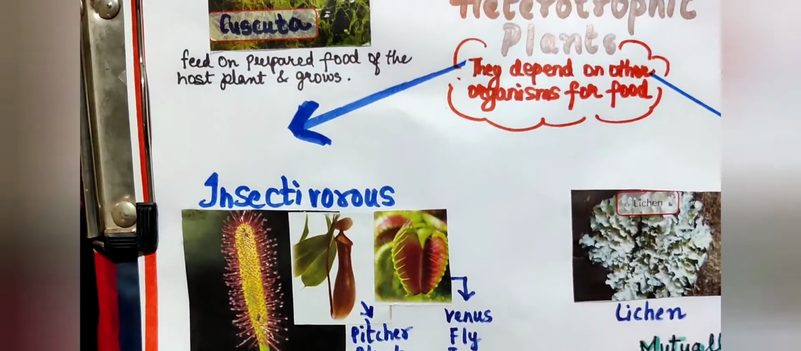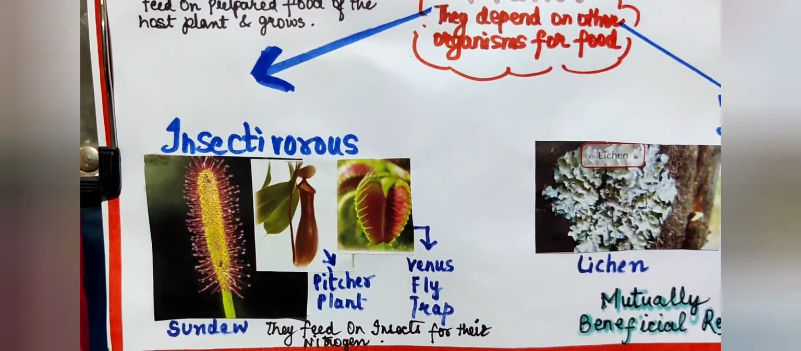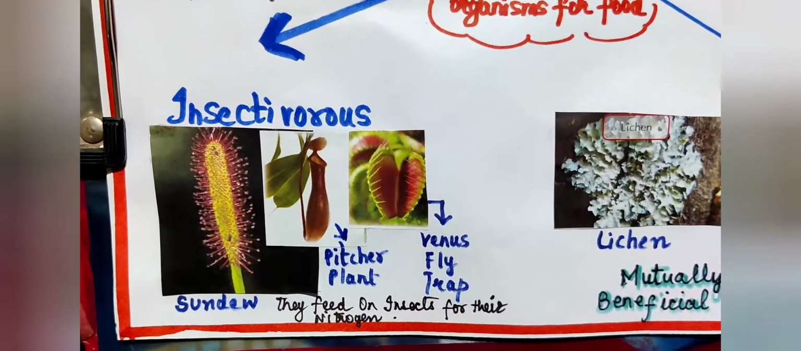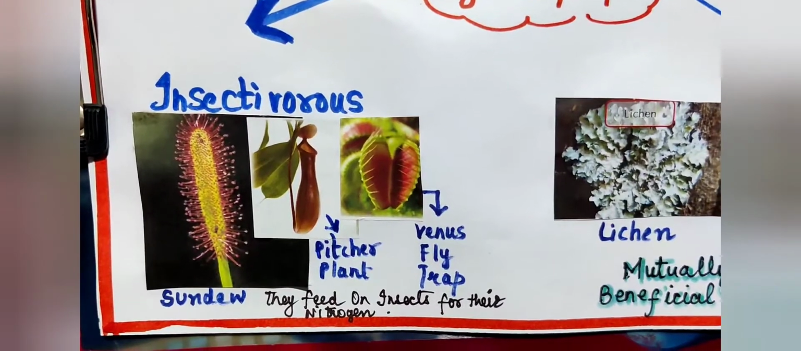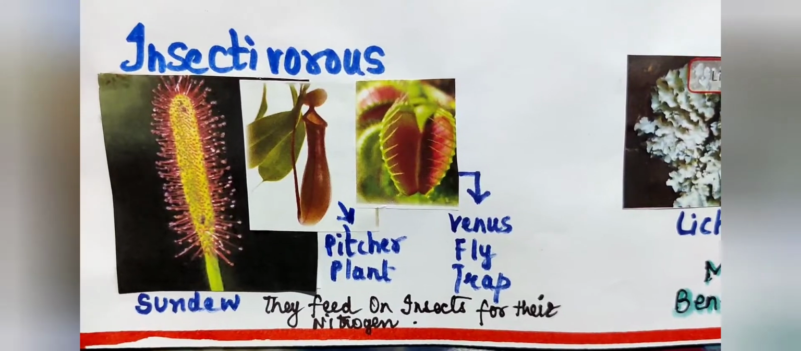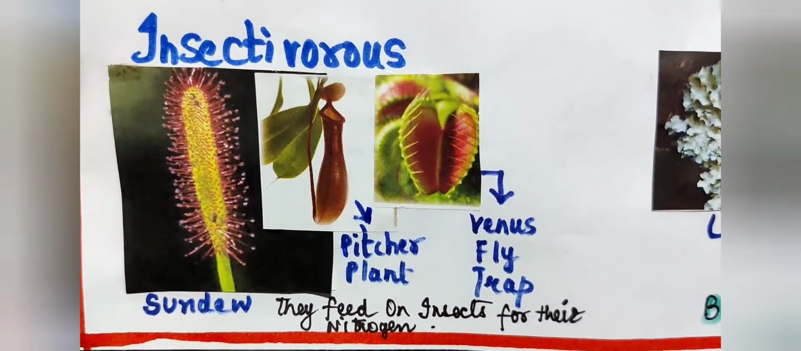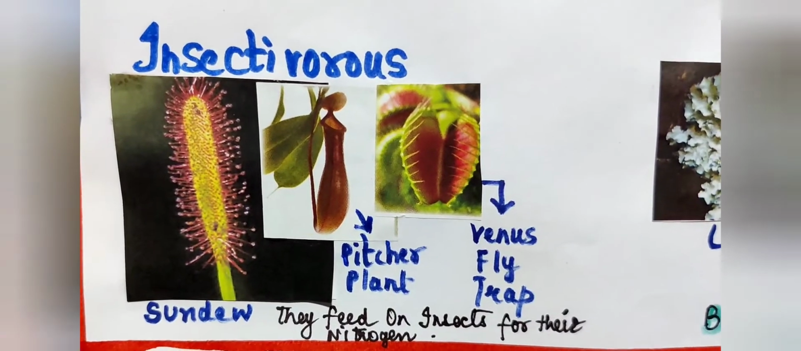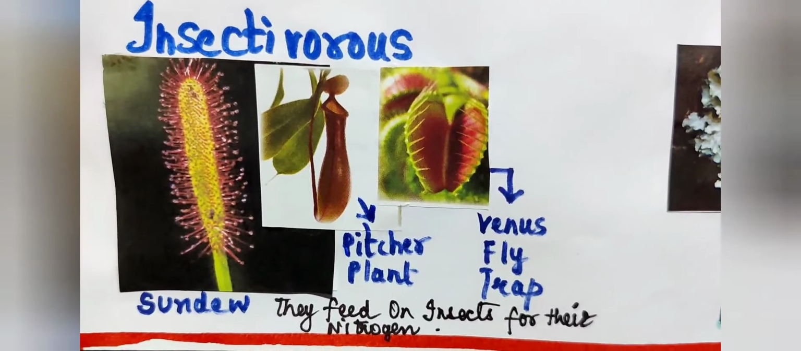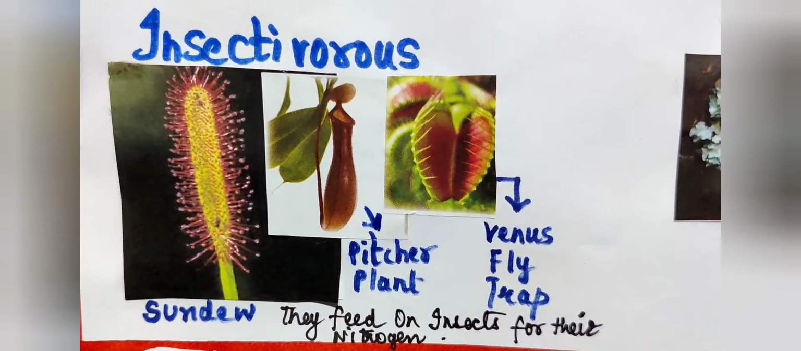The other plant that belongs to this heterotrophic category is the insectivorous plants, where you can see a lot more examples, but we have taken 3: sundew, pitcher plant and Venus flytrap. In such plants, the organism is totally dependent on insects for food. So their leaves are structured this way that they are going to trap the insects and thereby draw out the